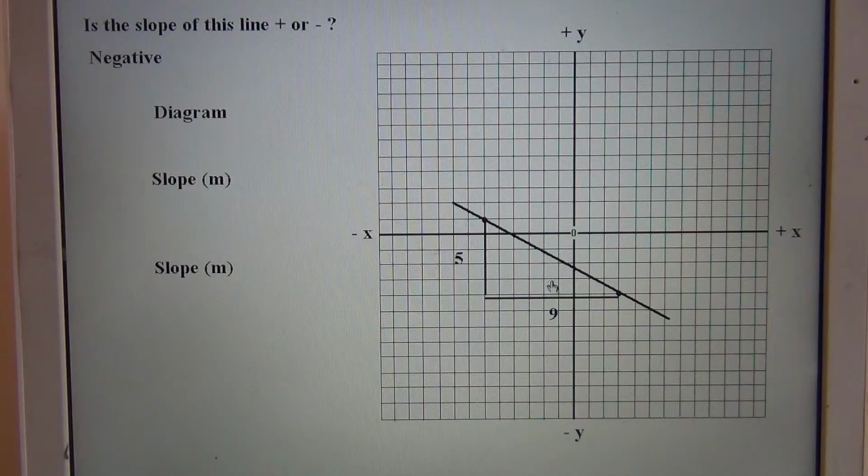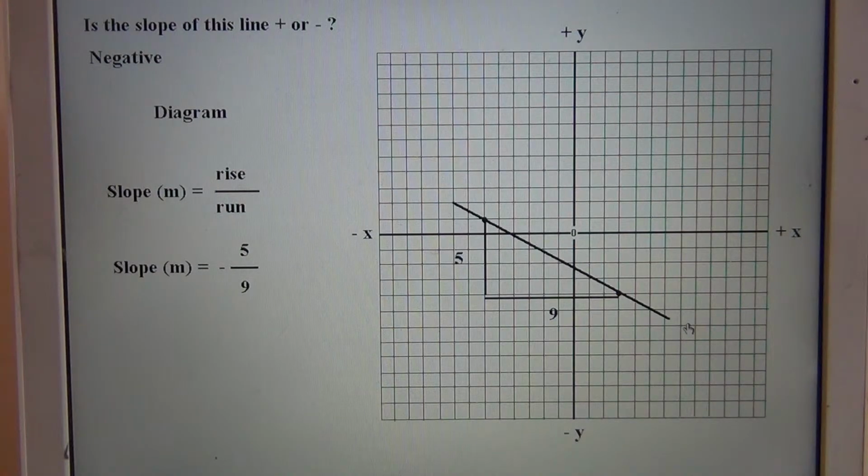Well, let's calculate our rise. 1, 2, 3, 4. Whoops, I'm sorry. 1, 2, 3, 4, 5. Our rise is 5. And let's take our run. 1, 2, 3, 4, 5, 6, 7, 8, 9. Okay. Rise over run. 5 over 9. Notice it's a negative 5, a negative 5/9, because this line has a negative